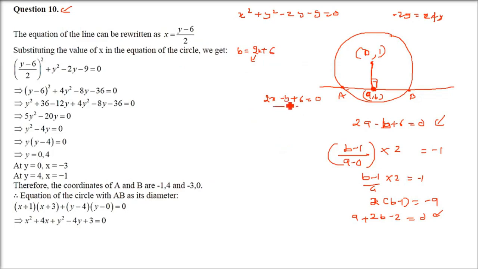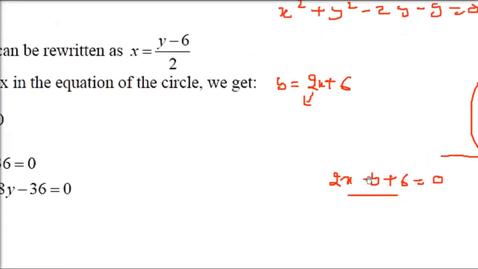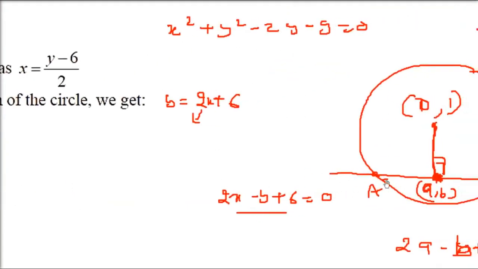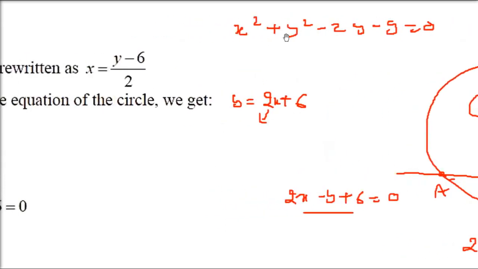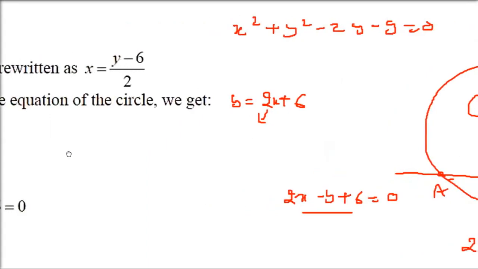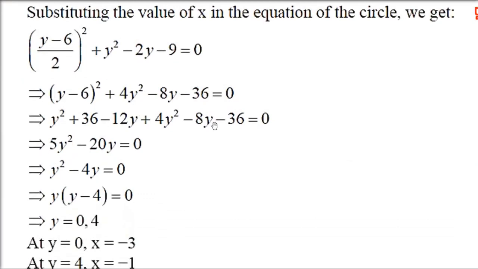Now the other method is quite simple. You have an equation which is 2x minus y plus 6. So I can write this equation as x equals (y minus 6) by 2. Now this line is intersecting the circle, so you can directly find out the intersection points. Wherever x will come in the equation of the circle, I am going to put the line equation. Simple. So wherever x is going to come, I'll put (y minus 6) by 2 whole square plus y.